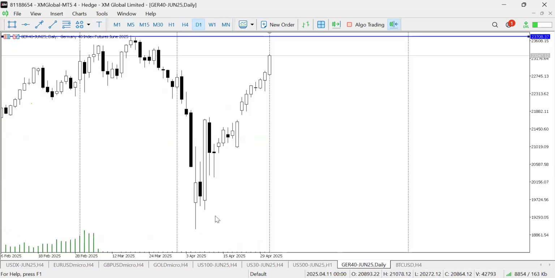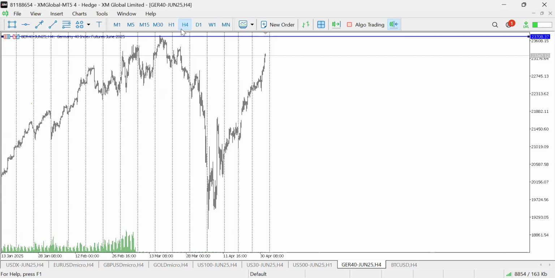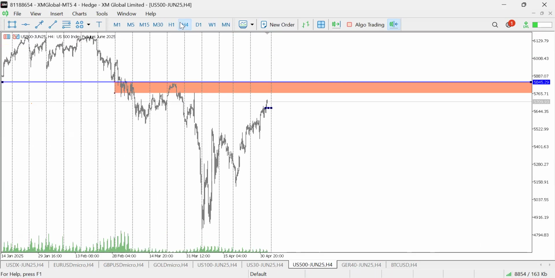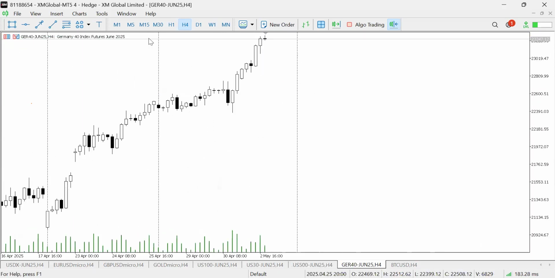So if you pull a fib from here to here, we're obviously over 50% of the range. So it would be nice to see prices come down a little bit short term before they push it any higher. So this is also a market maker buy model, not as clear as this. I mean, you can easily see, right? High, low, consolidation, broke it, retest, low, market structure shift. So yeah, I'm looking for longs.